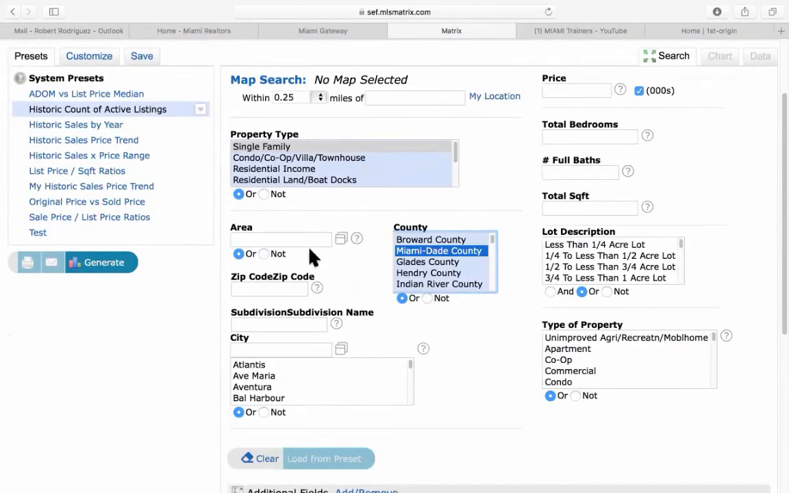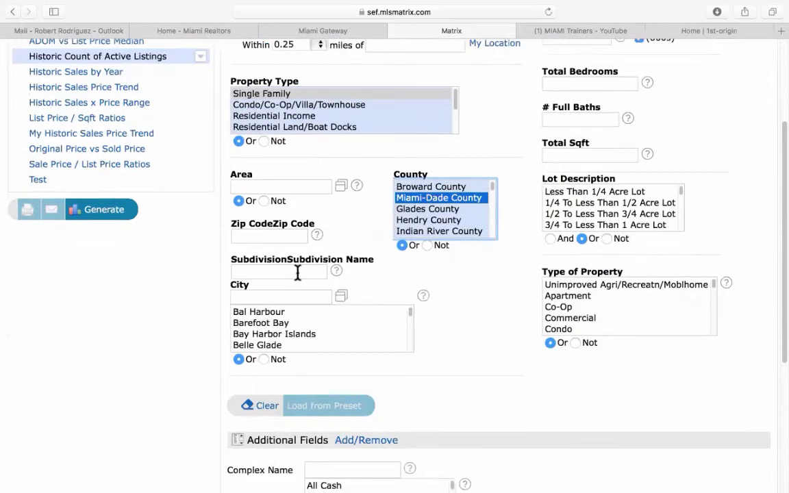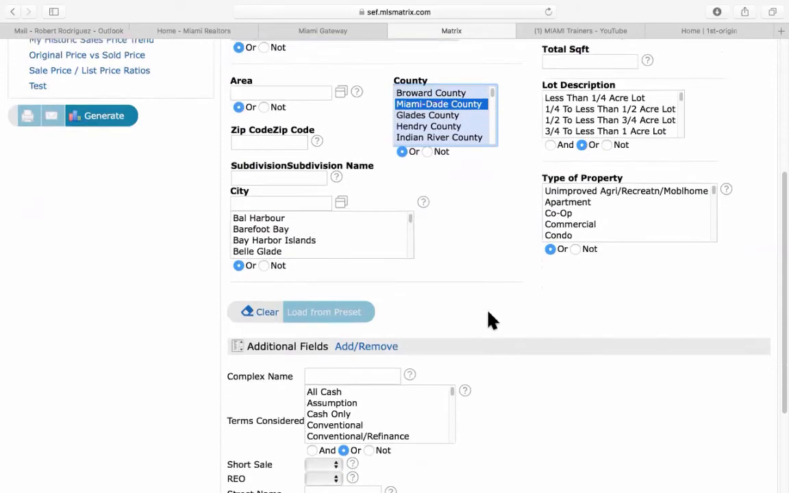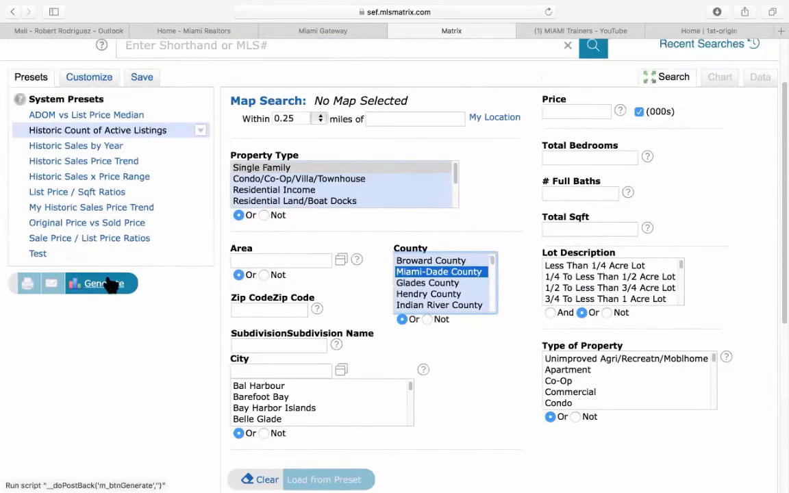You can do it by area, zip code. You can do it by subdivision name. You can do it by city. Okay. And then we're going to select generate, and we're going to see that in Miami-Dade County, okay,